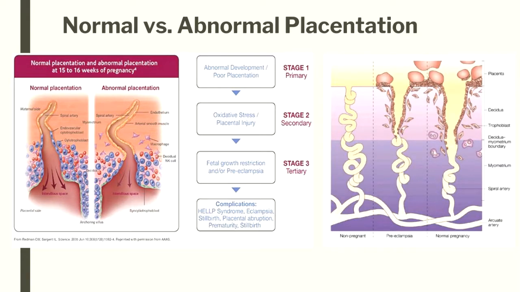But it is, most theories are leading to abnormal placentation as the reason for preeclampsia, okay? So, you can see from this photo, this remodeling of the uterine vasculature involves the replacement of the smooth muscle layer of the spiral arteries. The arteries go in and they embed into the endometrium and they dilate.